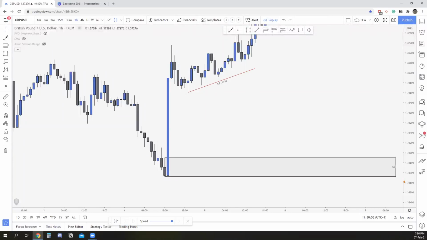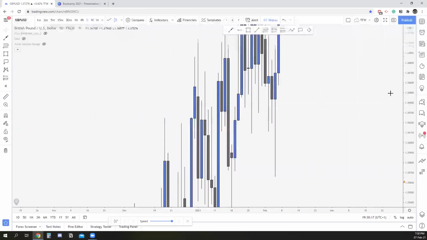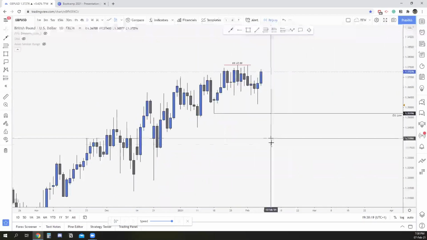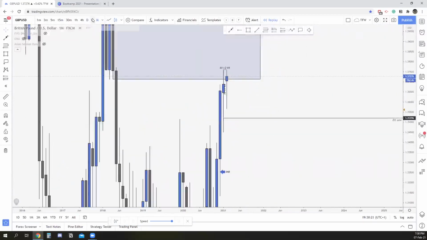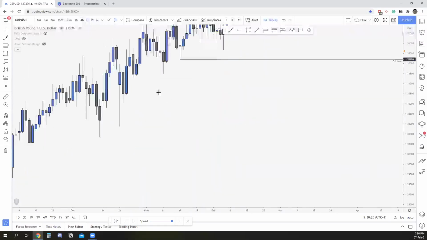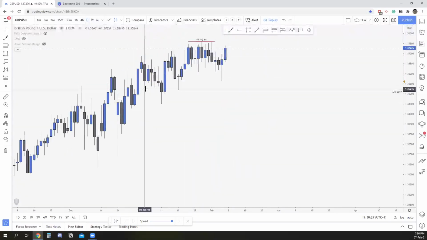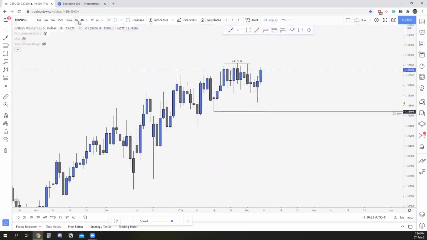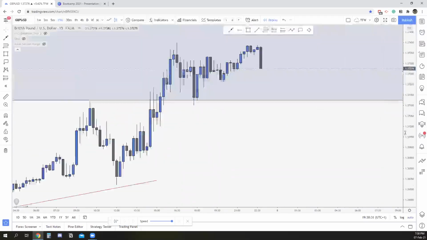Is it more important on a certain time frame? No. Well, I keep saying that the higher the time frame, the bigger the outcome, and the stronger the reaction, and the stronger the OB and the imbalance. Yes. So if you have it on the monthly, it's going to be big. If you have it on the weekly, it's going to be great. If you have it on the daily, that's perfectly fine. I personally like seeing it on the hourly, and even I look at it on the 15-minute.